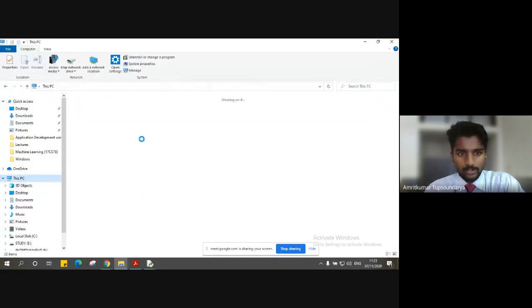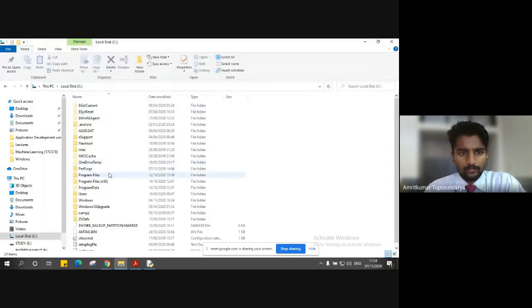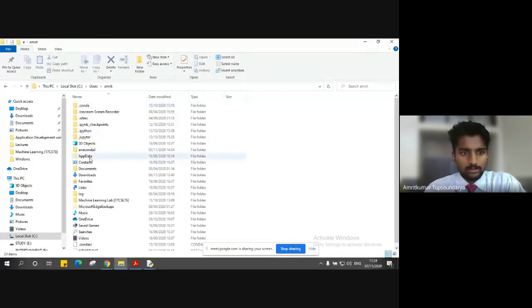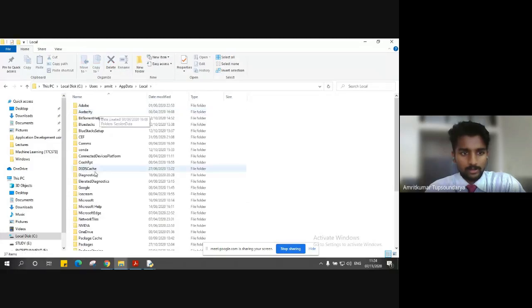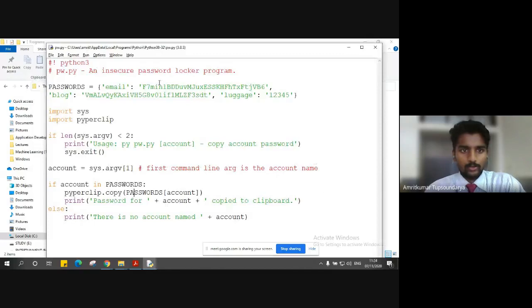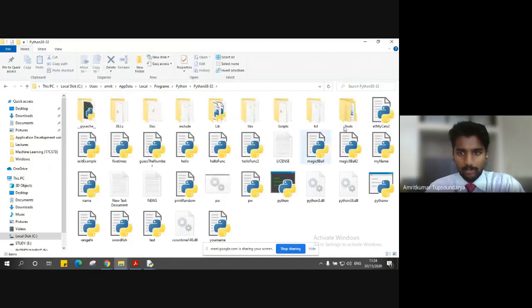Let's say I go to C drive and users, AppData, Local, Programs. This location might be different for you, so just check it with your installation location. Yeah, so this is my main Python folder wherein all my files are saved.